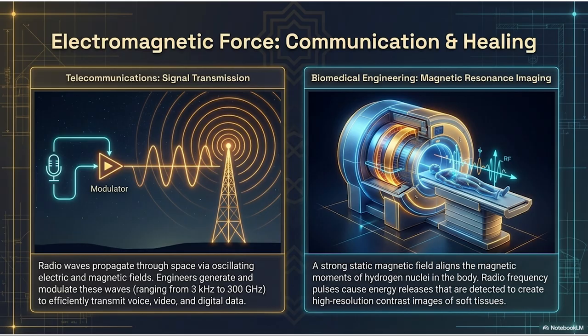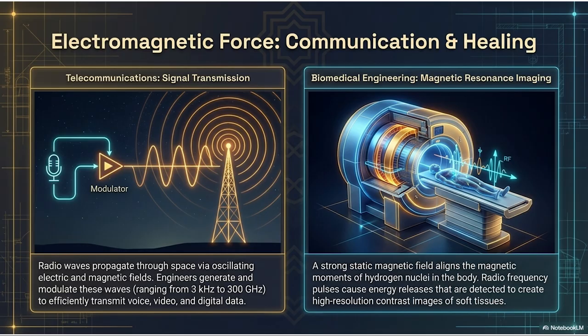Okay, but just having the atoms lined up doesn't take a picture of my torn knee ligament. How do we get the actual image? This is where we introduce a second electromagnetic force, the radio frequency pulse. Going back to our symphony analogy, the musicians are all at attention. The radio frequency pulse is like the conductor pointing his baton directly at the brass section and yelling, "Play one loud note." Yes. The MRI machine fires a very specific, perfectly tuned pulse of radio waves right into your body.